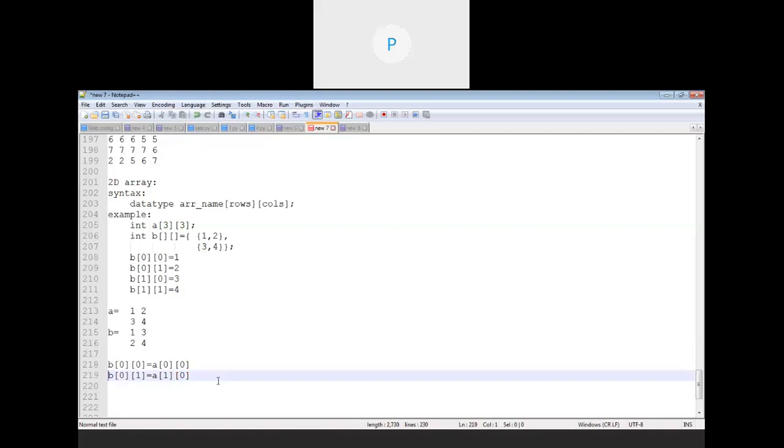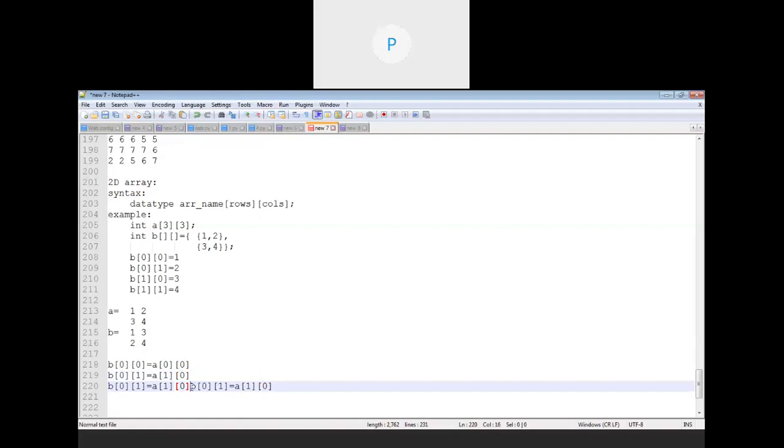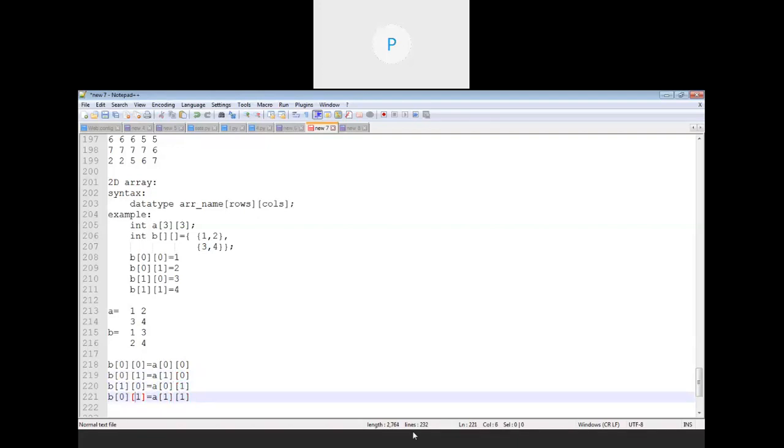Similarly, B of 1 0, that is second row first column, is nothing but A of 0 1, and B of 1 1 is nothing but A of 1 1. So all the diagonal elements remain as they are, but for non-diagonal elements the formula will be B of ij is nothing but A of ji.